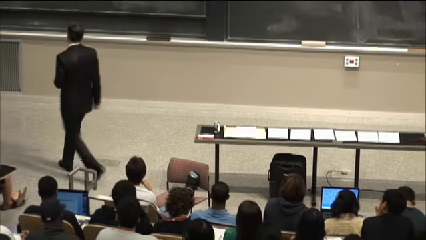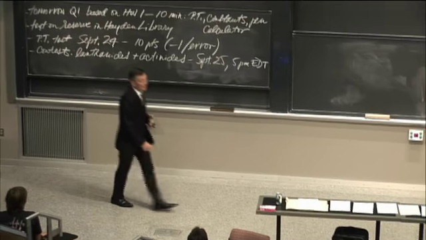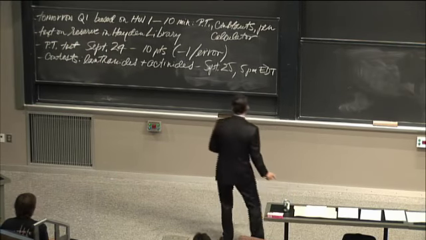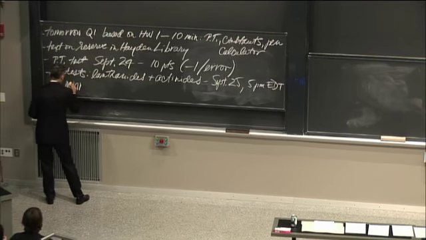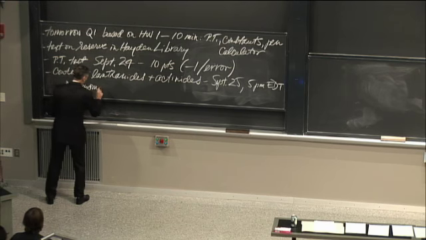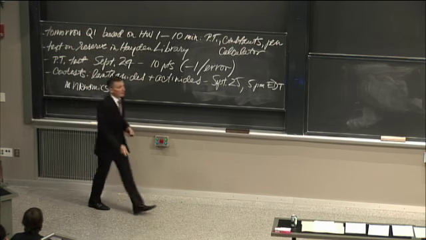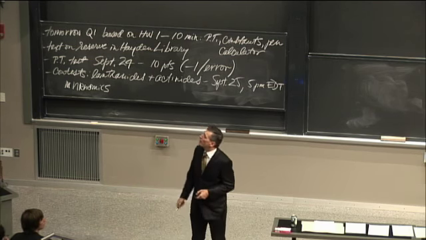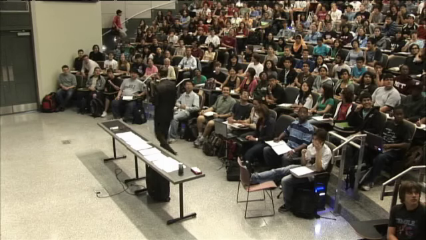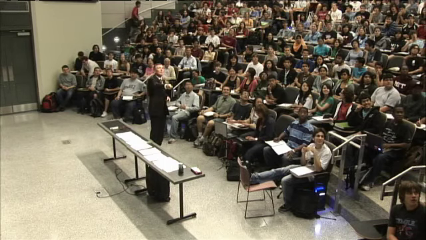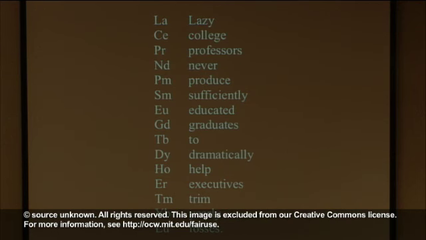So we're going to have 2 contests, mnemonics, to help remember the names of the lanthanides and actinides. That's tricky to remember. So these are mnemonics contests. Here's some examples. Here's one: lanthanum, cerium, praseodymium, neodymium, and so on. All right, obviously this one came from industry because of the slur against the academy. Obviously somebody in industry has no idea how hard we work here. And plus, look at this, to dramatically help. This gigantic split infinitive. Clearly someone from industry.